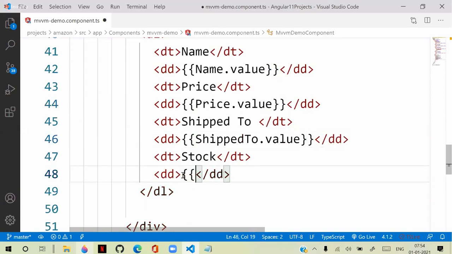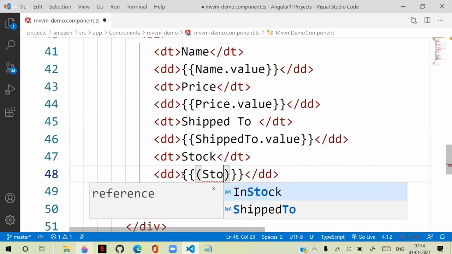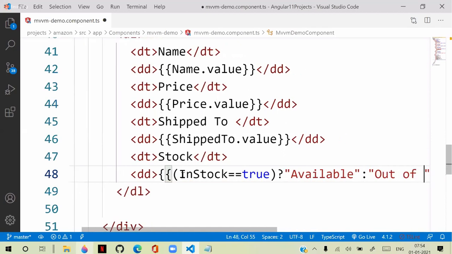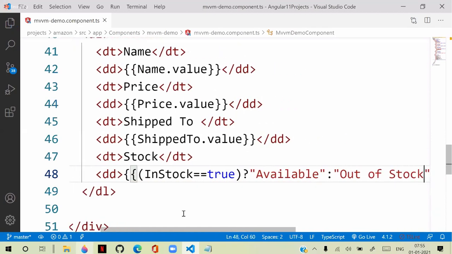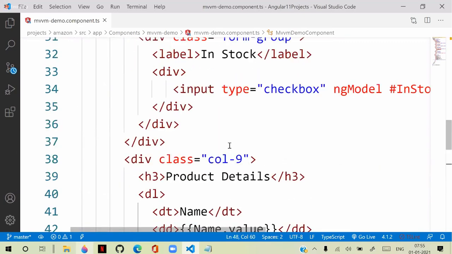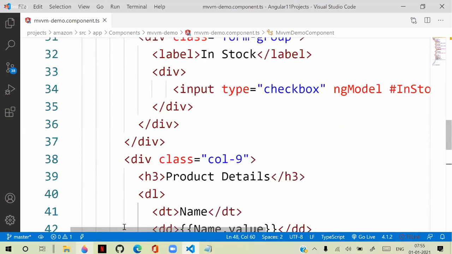InStock is also the same. That means here I defined inStock is equal to true, then it should display available, else it should say out of stock. This is managing everything in the UI. There is no single line of logic written for handling your data in the controller.